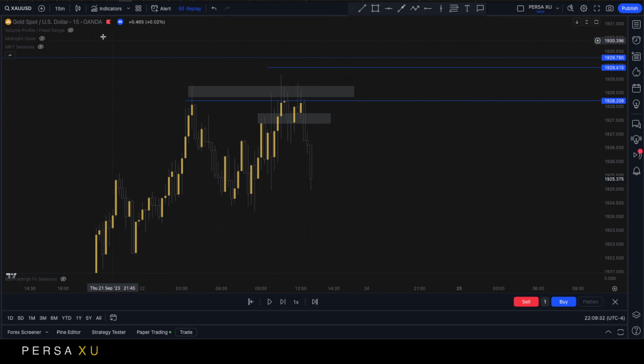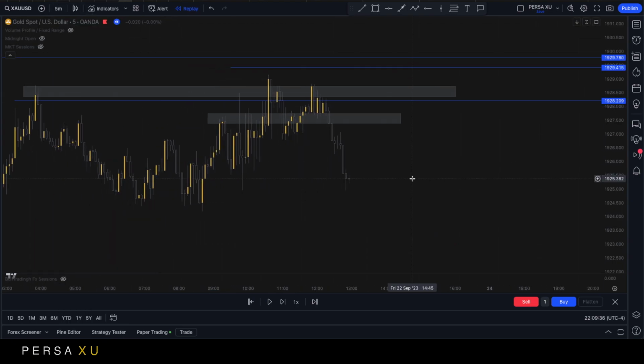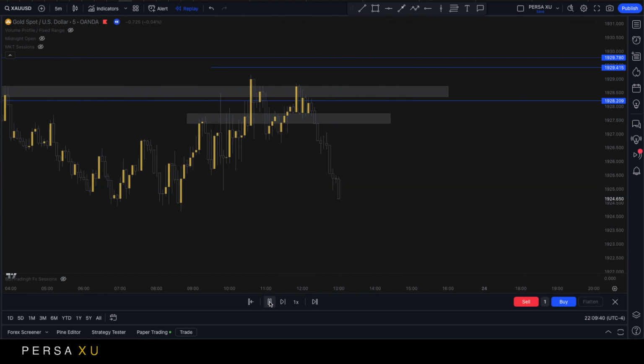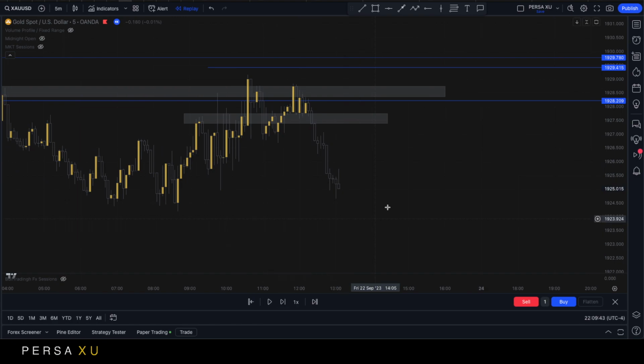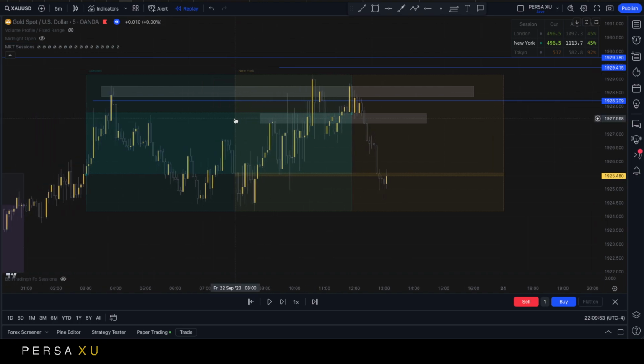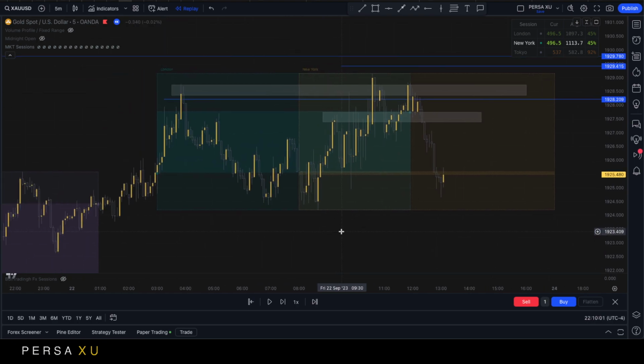Okay, so let's keep looking at 5 minutes. I usually study price as I'm opening trades, 5 minutes, 15 minutes. So let's see what happens. Oh, okay. Another thing is, I also want to bring in here the market sessions, because market sessions are always going to help me understand what could happen. I want to do this in parallel, at the same time.